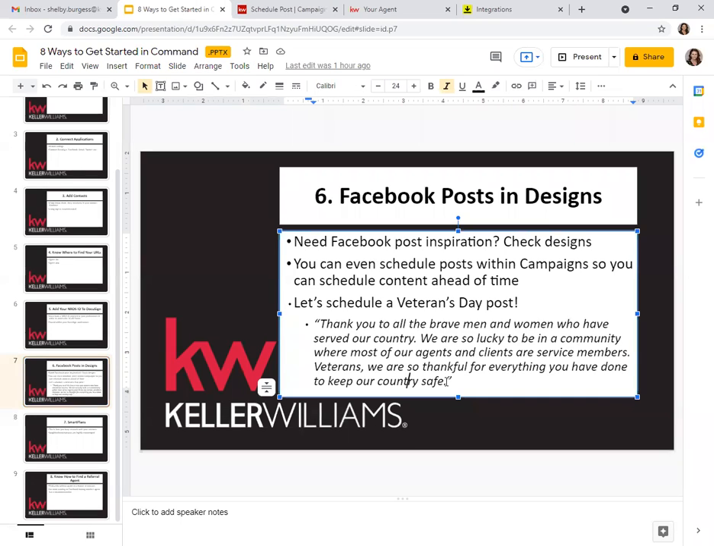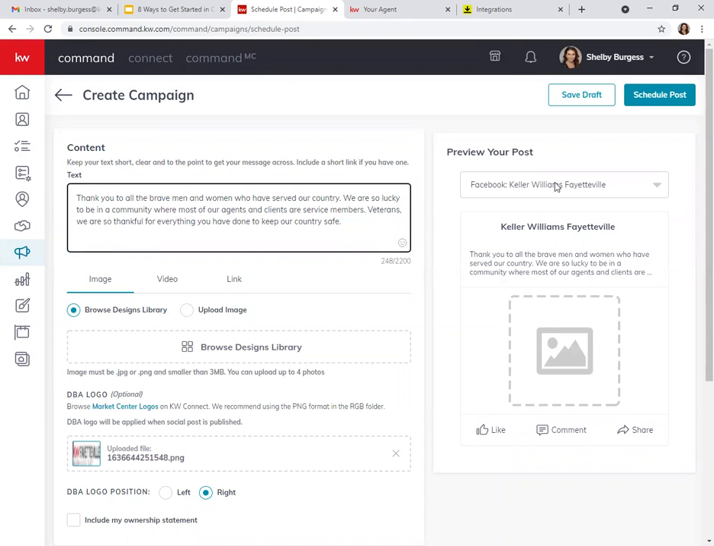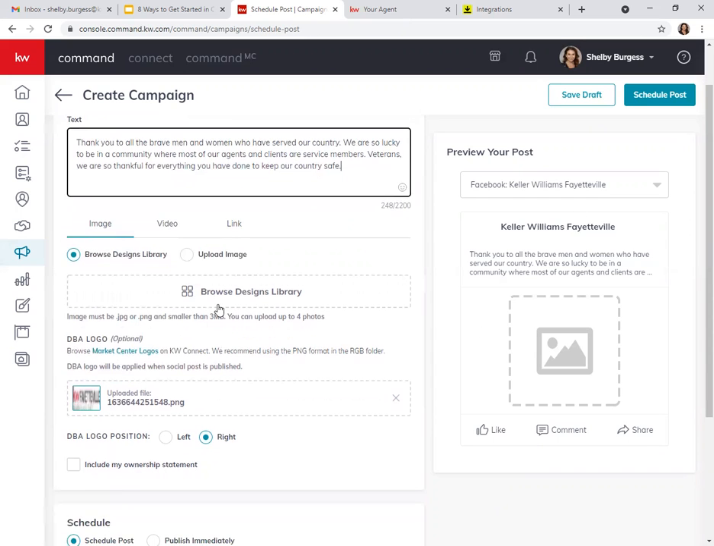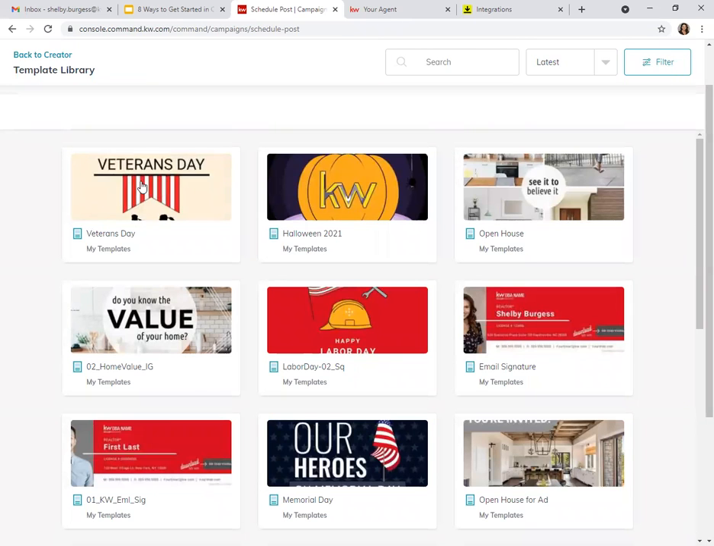So I have text already because I cheat ahead of time, and I think that's the hardest part. So there's my text. It will show me the preview on the right side. Since I did this as a design, I can just browse the designs library, and it's going to be my very first one. So if I click on that,